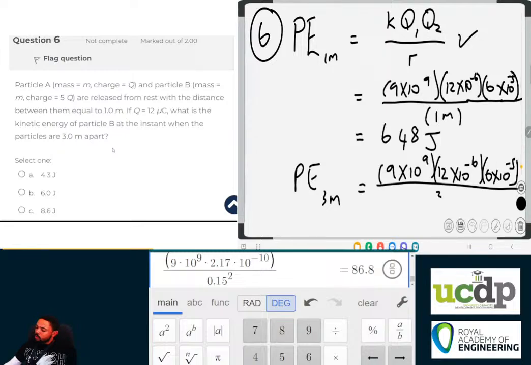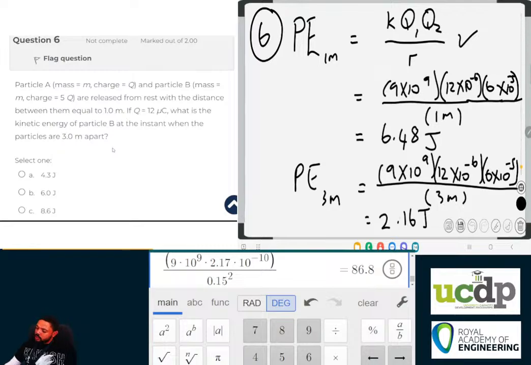That's how we get the potential energy 3 meters apart, and this by the way is not 640, it's 6.48. The potential energy is now 2.16 joules. So its initial potential energy is 6.48, but after 3 meters apart, its potential energy is now 2.16 joules,